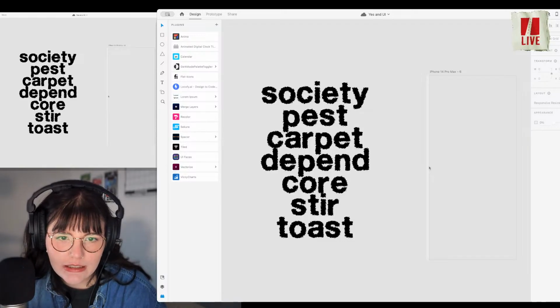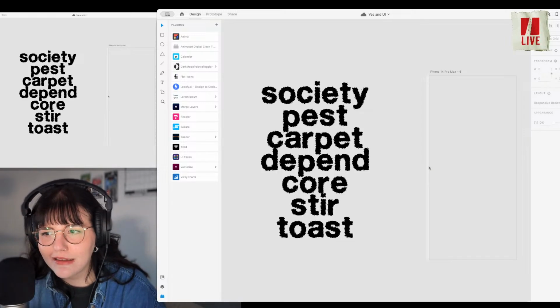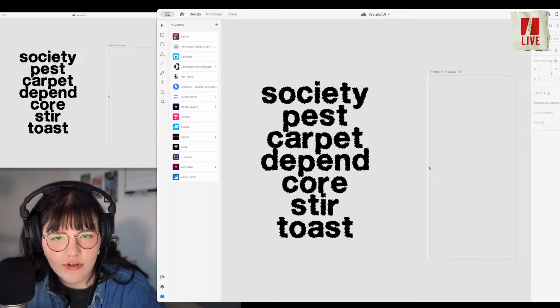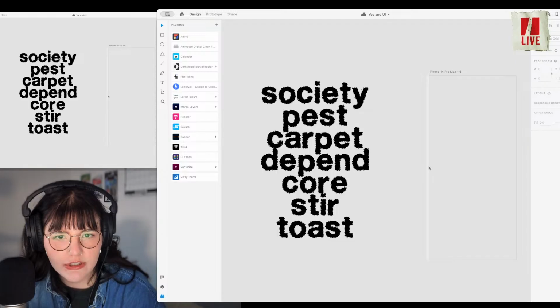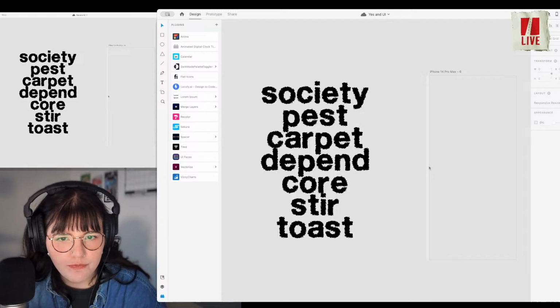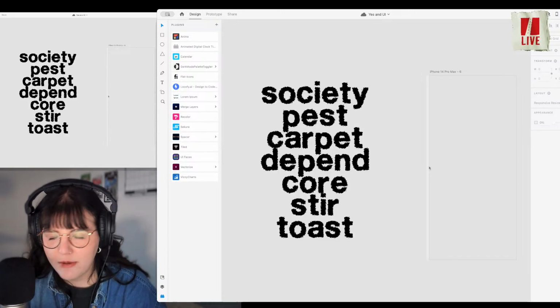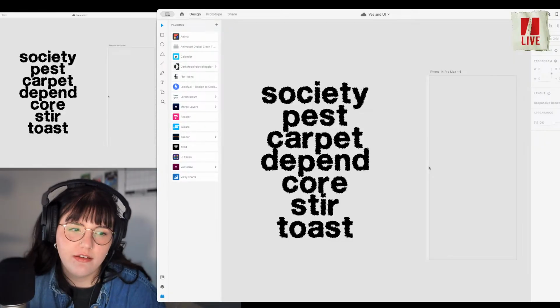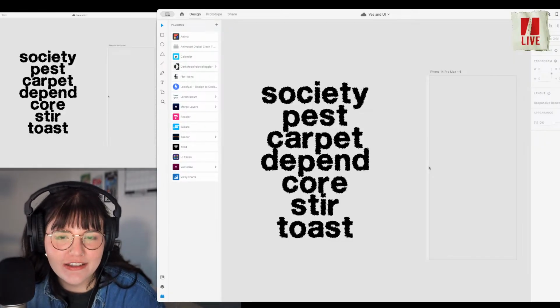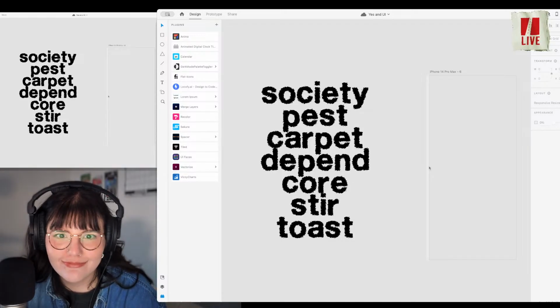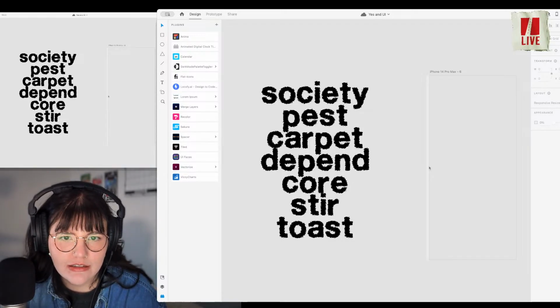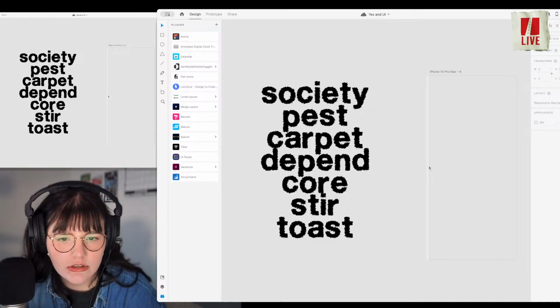I'm still strengthening these muscles, getting my head back in the game of being able to really creatively iterate. So I feel like I'm slow with coming up with ideas, and that's not necessarily ideal when you're trying to do it live. Core, stir, toast,